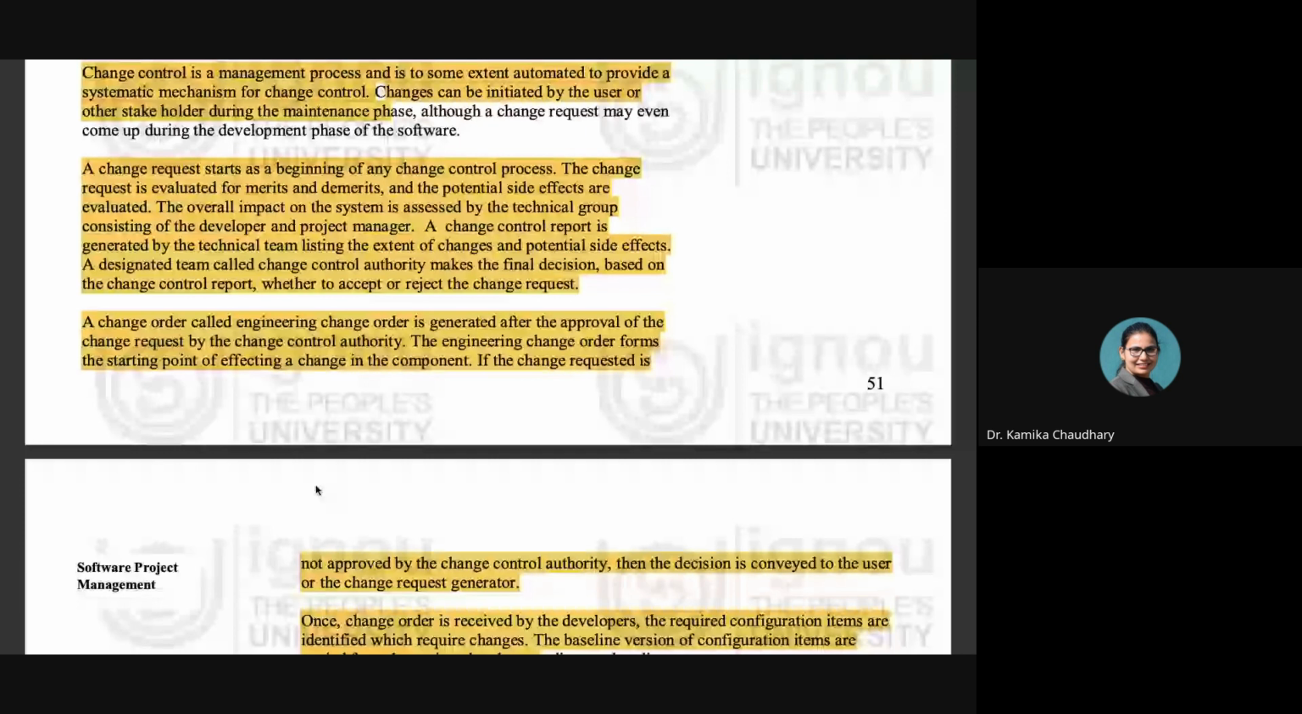If the change request is accepted, then a change order is created. A change order is created by the change control authority. A change order means giving an order to the authority that this is the change being demanded, it has been evaluated properly, all the implications of this particular change on our entire system have been taken into consideration, and the change